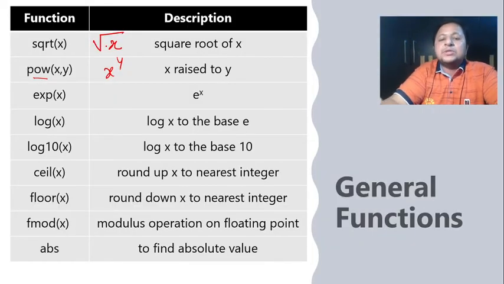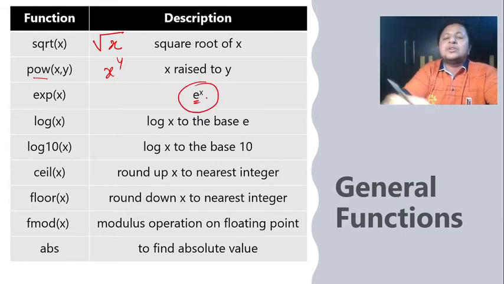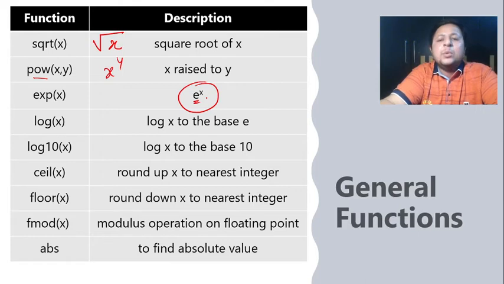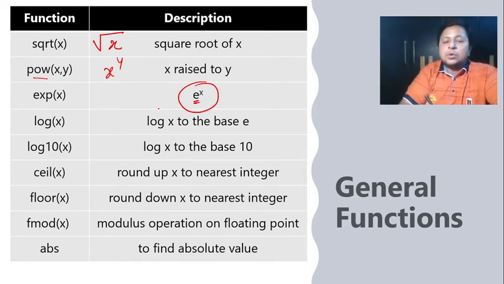Then we have exp, which gives you e raised to x. e is a natural base which has some value of 2.7, which is very frequently used in your mathematics. So if I want e raised to x directly being taken, which we use frequently, we have a separate function exp for that. We have log(x). When we use the log function, we have two varieties, log and log10. If I use log(x), it calculates log of x by default using base e. Whereas if I use log10(x), it is going to get the log of x to the base 10. So that's how logarithms can be calculated.